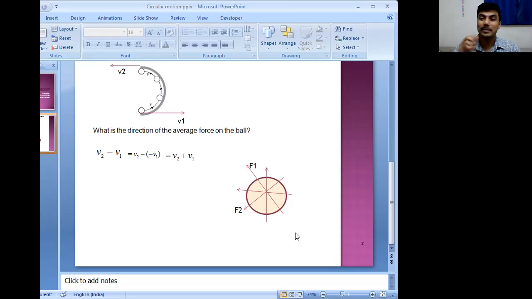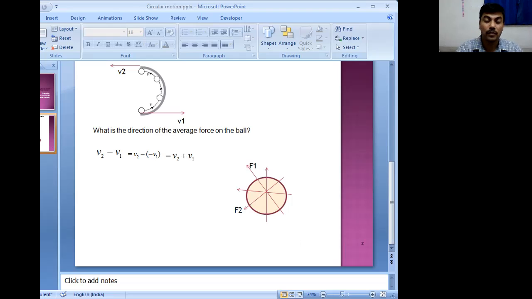So although technically speaking, the object is not undergoing an average displacement after a complete circle, it really is doing so under the effect of a force. So obviously you can understand that